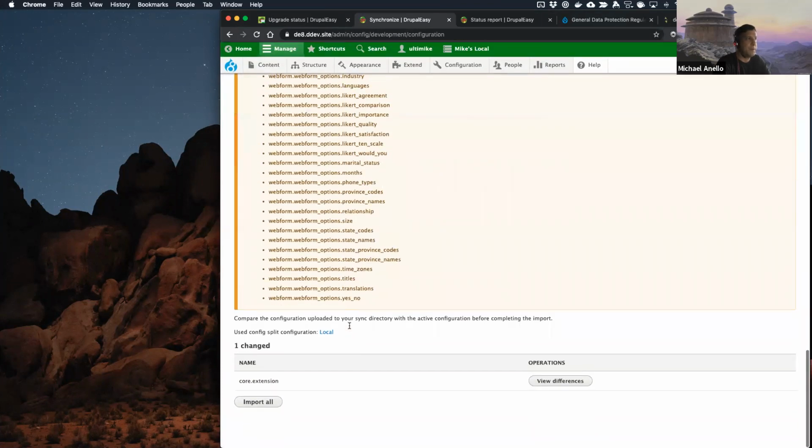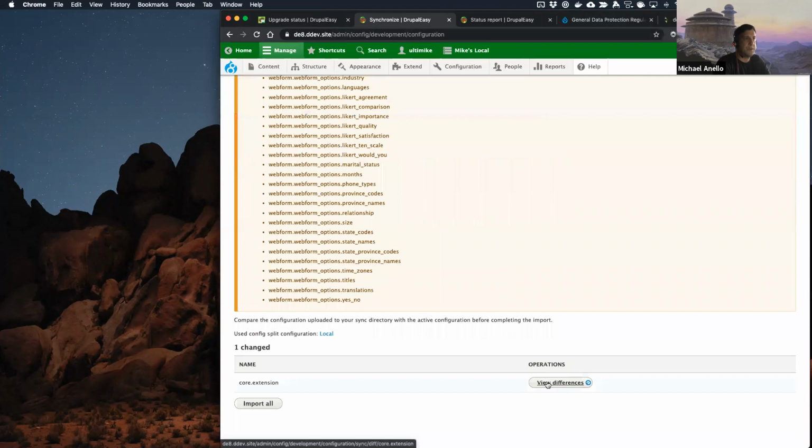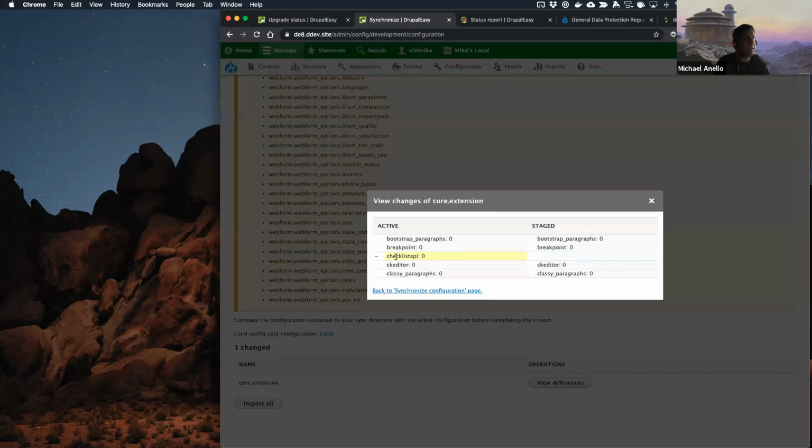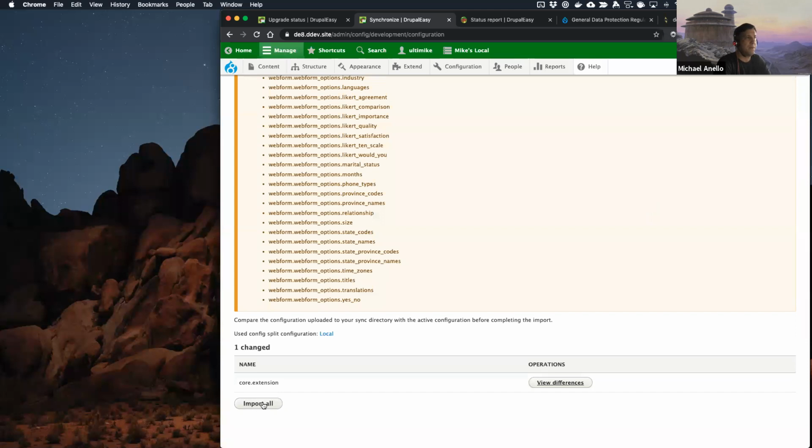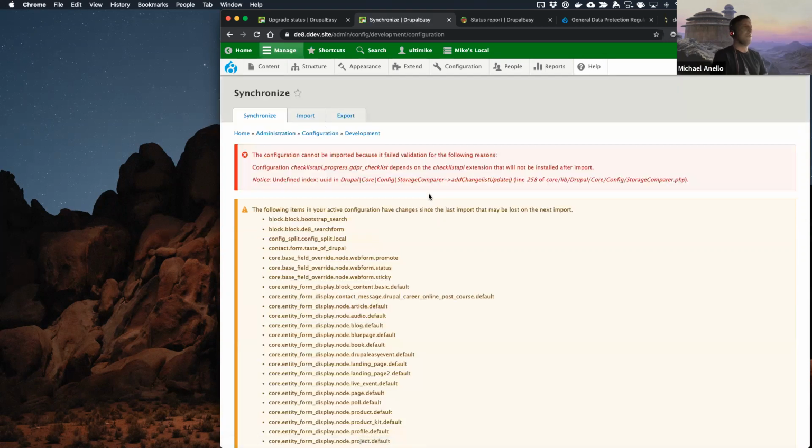Configs, okay, well, I'm not going to worry about that. View differences. So remember that this active is the database. So this still has it. The stage does not have it, and we don't want it to have it. So I should be able to do a CIM, config import, or click the import all button, and that should remove it. And I don't know if it's going to have an issue, because usually if you do stuff like this,